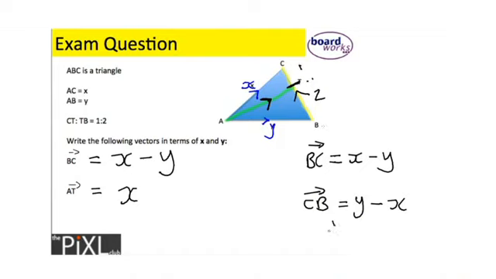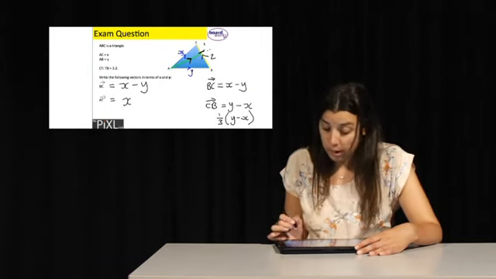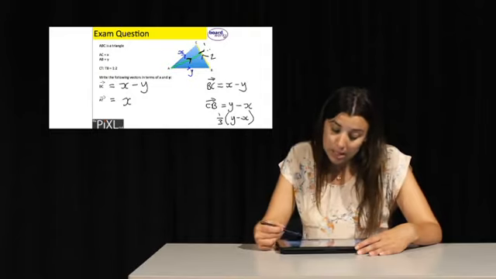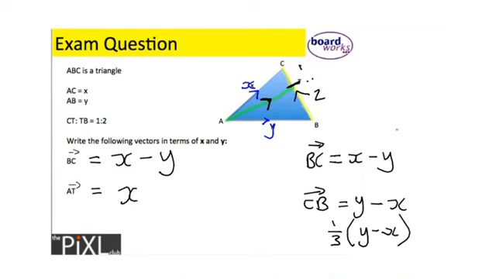So we simply put 1/3 bracket the vector Y take away X. That there just gives us a portion of it. If we wanted the section from T to B, that would be 2/3, 2 out of the 3 parts. So we add this part, that's the C to T, to our first part, A to C. So we have X, add our new vector here. So X, add 1/3,